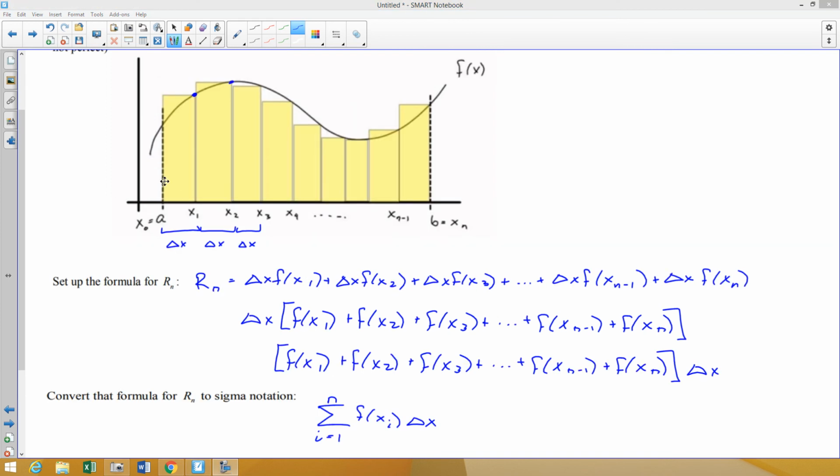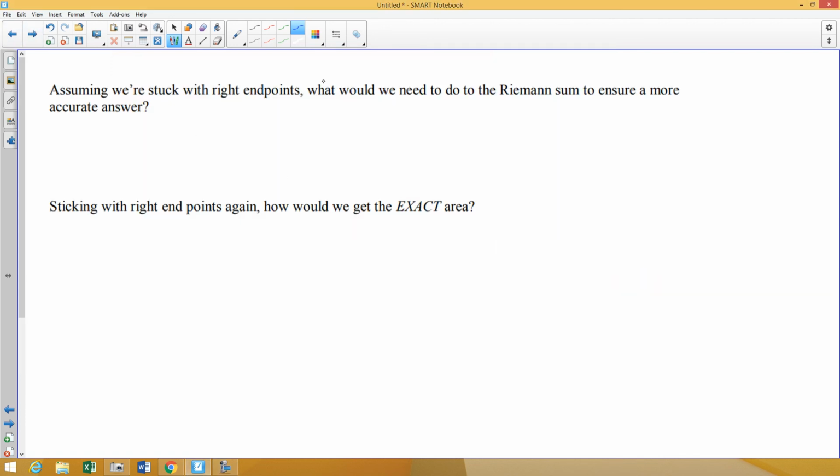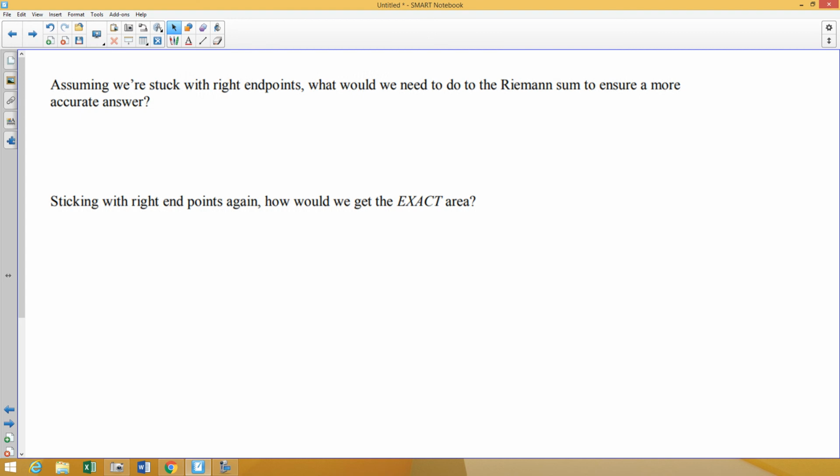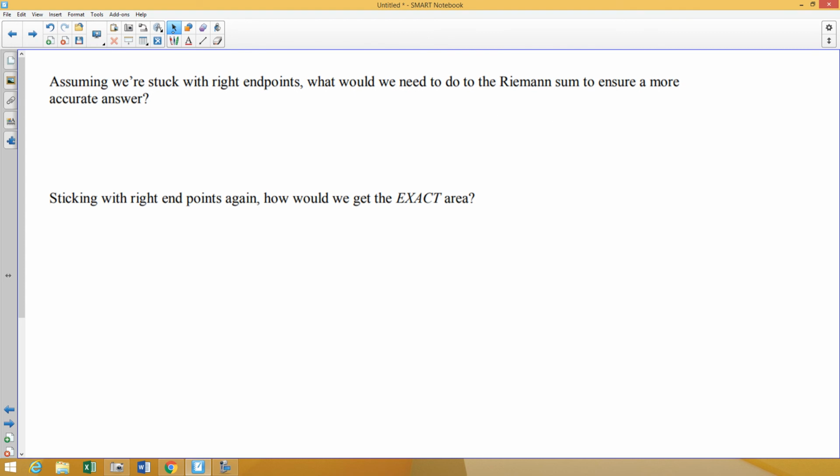So what we have, if there's a finite number of rectangles, this will be some type of an approximation. But if I want to increase the accuracy, like right now I believe if you counted these rectangles, there's actually 9 that I drew. If I wanted to increase the accuracy, I would increase the number of rectangles. So the more rectangles you have, the more accurate the answer will be. So assuming we're stuck with right endpoints, to ensure a more accurate answer, we would need to use more rectangles